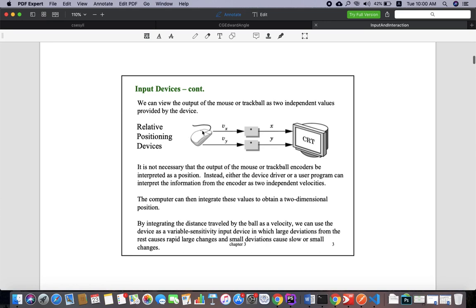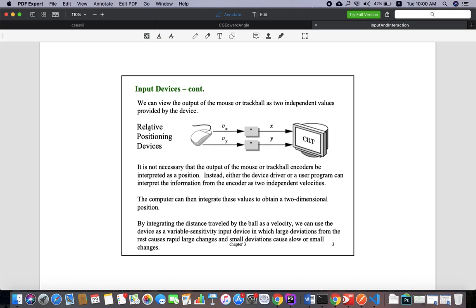This is a simple device. Since you already know the mouse, you need to write something about it. So we're going to take the x-axis position and y-axis position from the movement of the trackball towards the x-axis and towards the y-axis, along with the velocity, and on that basis we're going to move the cursor on the monitor.